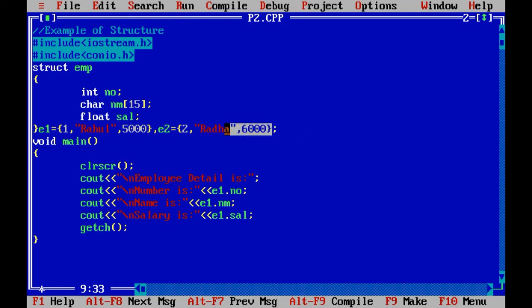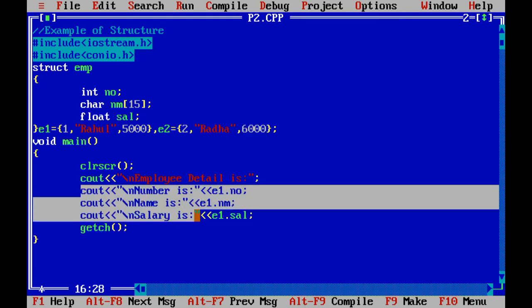So here I have created the second value of the structure, that is E2. Suppose I want to access 2, right? At that time E2 dot number, using E2 dot number I am able to access this 2. Using E2 dot nm it will print Radha, and using E2 dot salary it will print 6000.